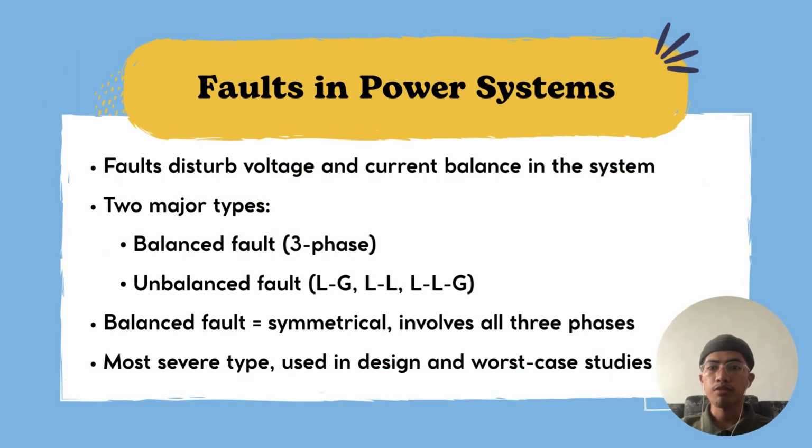Assalamualaikum, my name is Muhammad Faiz Farhan ROHAIDZAM and my matric number is DE220084. Now I want to explain the literature review. First is faults in power system. In power system, faults are abnormal conditions like short circuits that disrupt normal current and voltage. These faults can be either balanced or unbalanced. In this project, we focus on balanced faults, also known as three-phase faults. This type involves all three phases equally and is considered the most severe due to the high current generated.